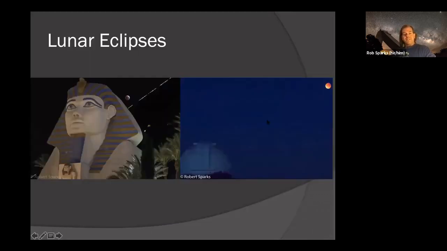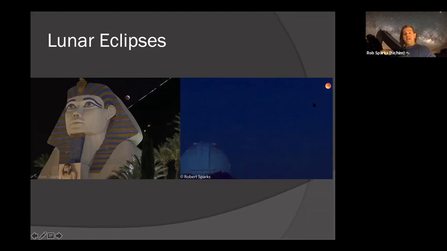Now, lunar eclipses. These are fun lunar eclipses. This one on the left is the one in Las Vegas. Again, this is about how sometimes the foreground object is what makes it. This is that lunar eclipse I talked about before, the controversial one that was supposed to be total, but I'm never convinced it quite was, and a lot of other people weren't convinced either, because we always saw that little part of the moon lit. I was just in Las Vegas, and this was a little before 4 in the morning, I think 3:45, 3:50, and I got it over the Luxor Hotel where I was staying. So sometimes you use what you've got.